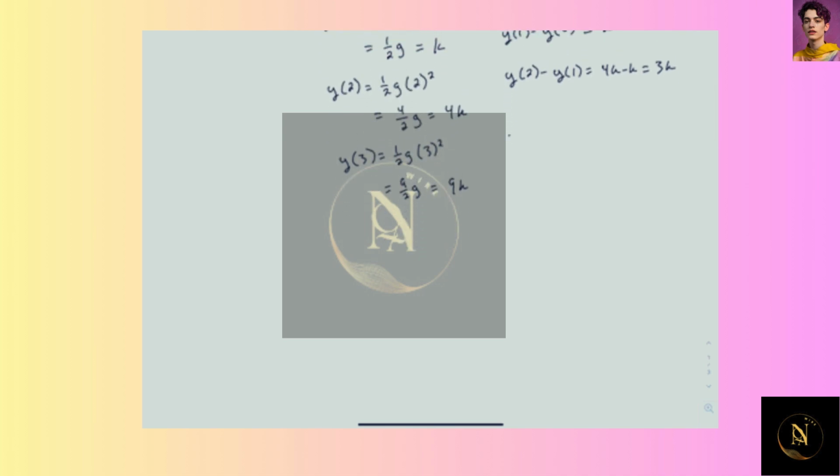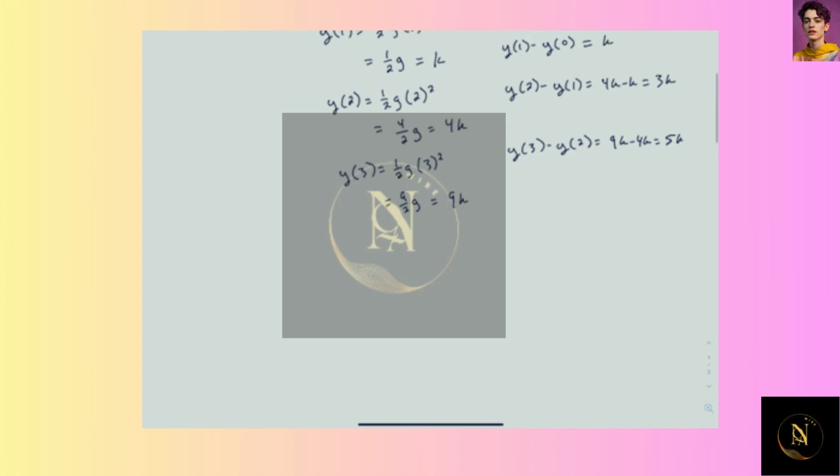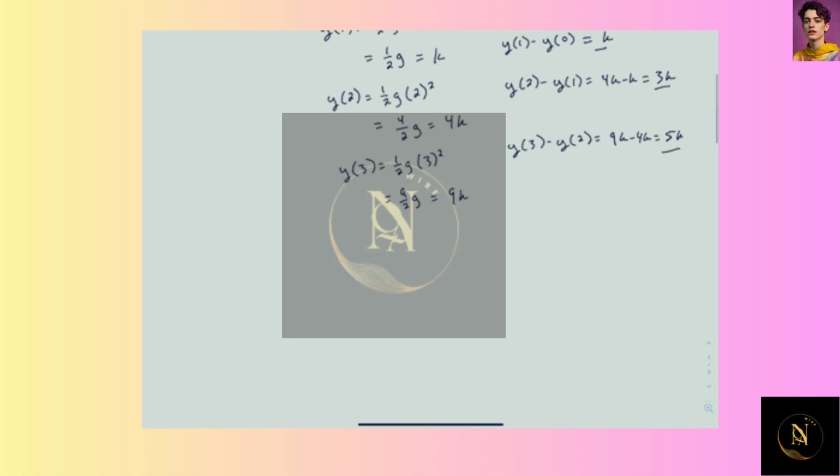And for the last one, y of 3 minus y of 2 is 9k minus 4k is 5k. So we can kind of see the pattern coming out here. We have 1k, 3k, 5k. Now it looks like it's going to be odd integers, but if we want to prove it explicitly,